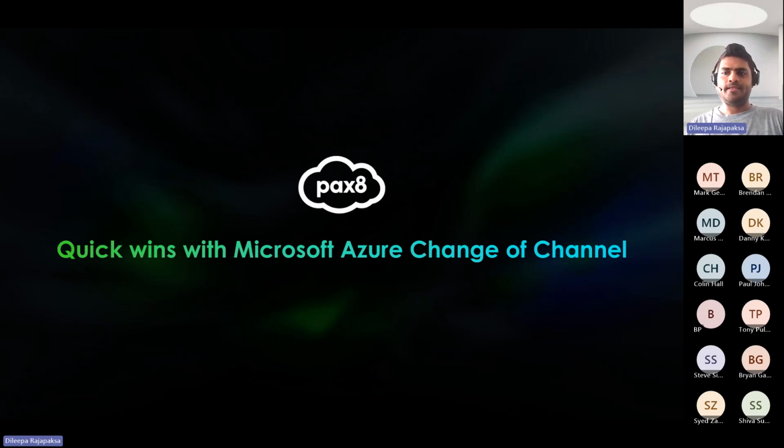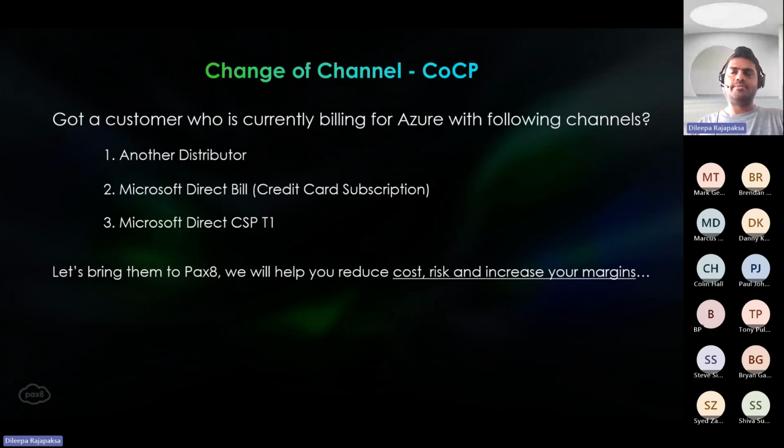Azure change of channel. Probably you might find customers who are directly purchasing Azure from another partner, or maybe a distributor, or maybe a different partner, right? So talk to them and see if we can bring them up to the Paxate channel. There are three options that customers currently use for billing, through different channels. They may be with another distributor, they may be with a direct bill using credit card subscriptions, or maybe they are actually under Microsoft Direct CSP